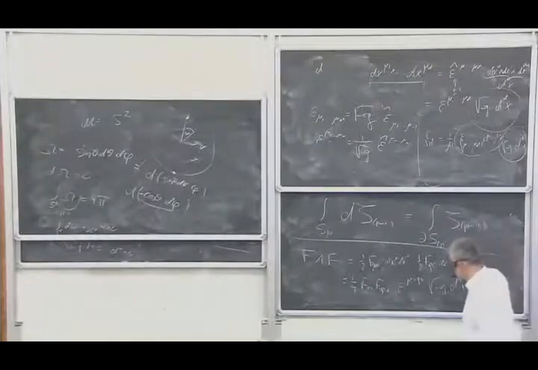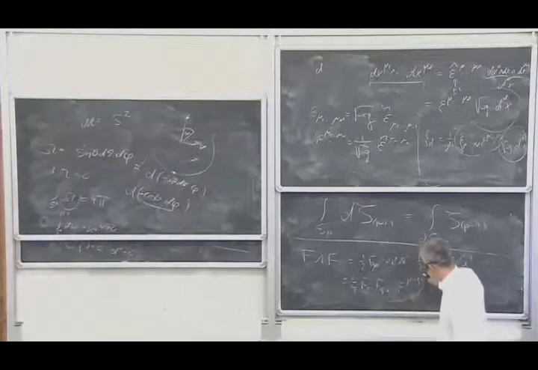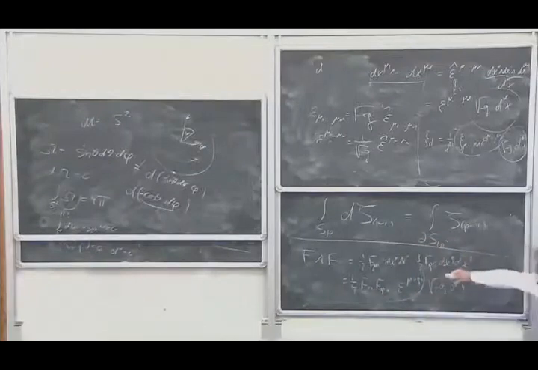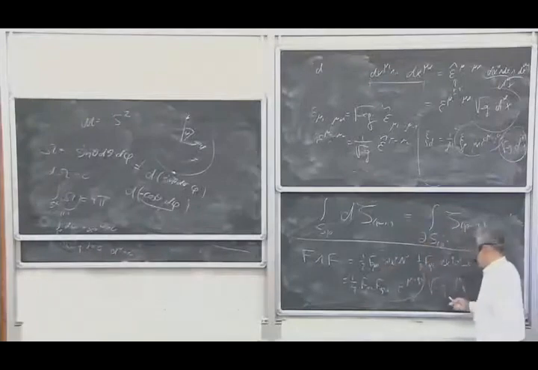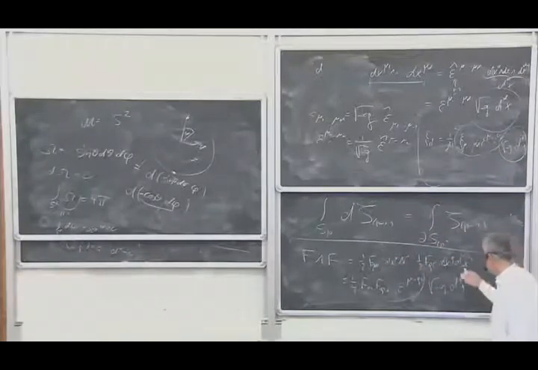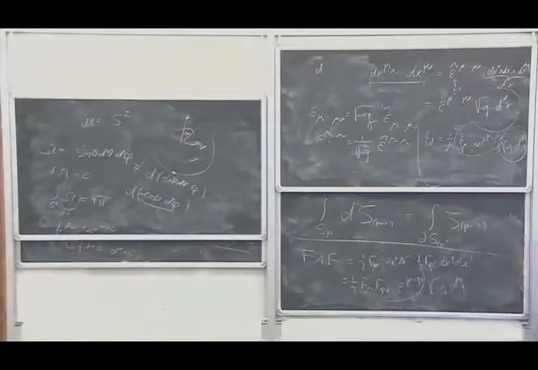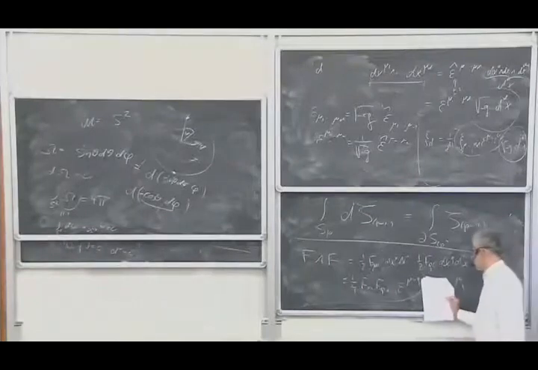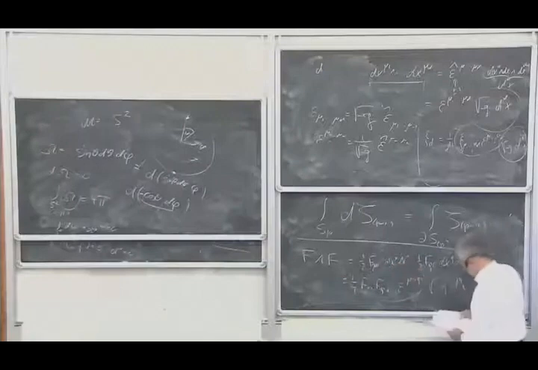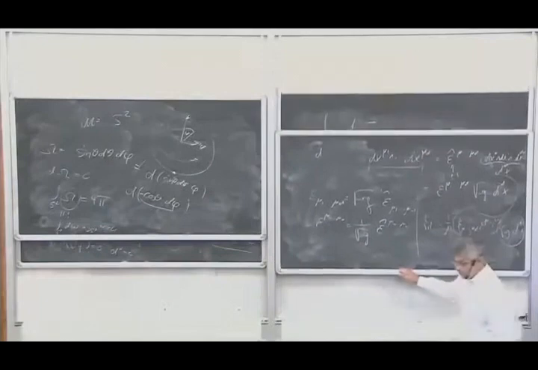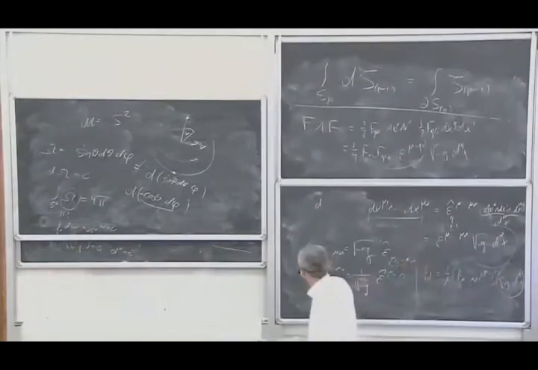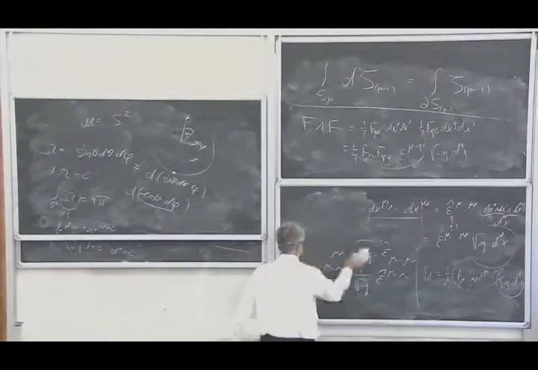So we get exactly this type of combination we have seen for the anomaly. For example, for the abelian anomaly, we got epsilon mu nu rho sigma, F mu nu F rho sigma. And this was integrated with the d4x. Now we have a square root of g, because now we generalize to a curved spacetime. But on a flat Minkowski spacetime, of course, we don't have the square root of g, and we have this. And in particular, the expression for the anomaly we had